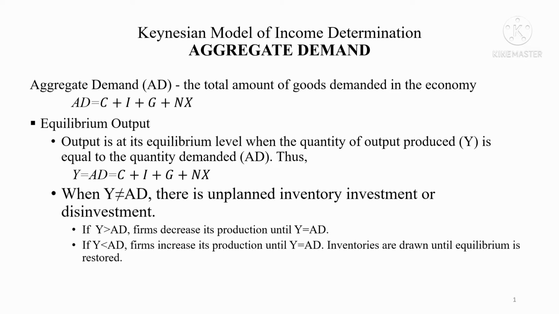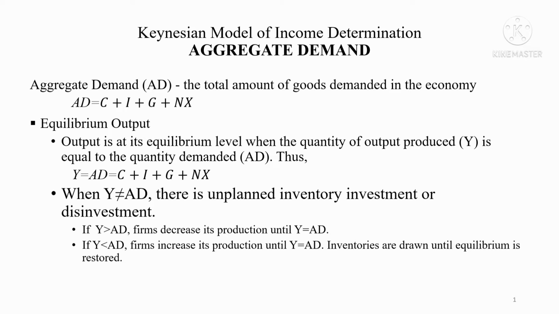Remember that there are four components of GDP in the expenditure approach. We have consumption spending, investment, government spending, and net exports. In macroeconomics, we view the total amount of goods demanded, or total spending in the economy, as aggregate demand. This is equal to the sum of consumption spending, investment spending, government spending, and spending on exported and imported goods